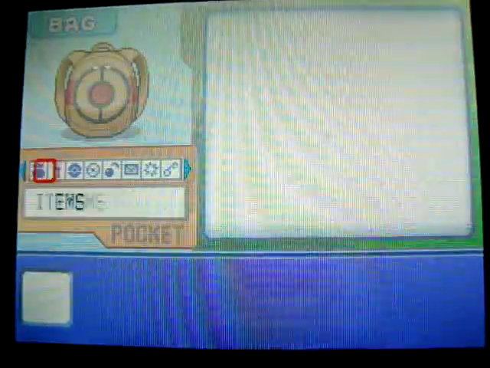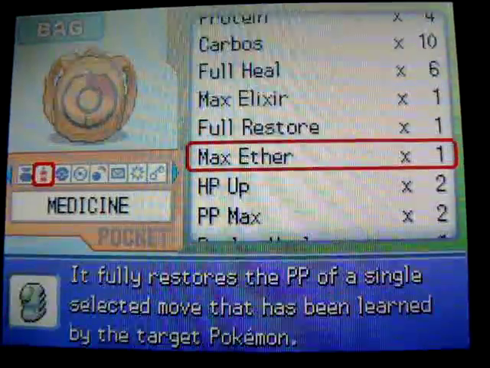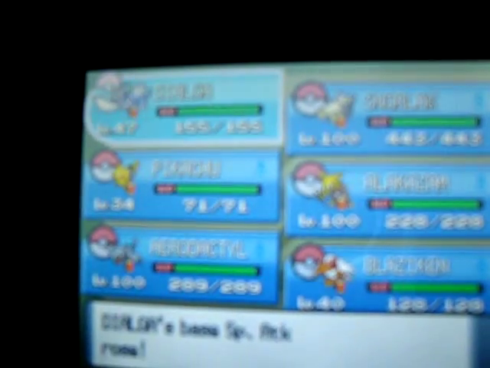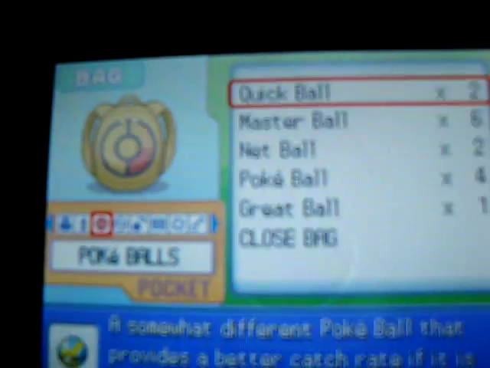All right, so I'm going to feed my Dialga 10 calciums. Each calcium gives 10 EVs in special attack, so that will be a total of 100 EVs. Okay, so let me just finish that real quick. 2, 3, 4, 5, 6, 7, 8, 9, 10. Okay, so that's 100 EVs now in his